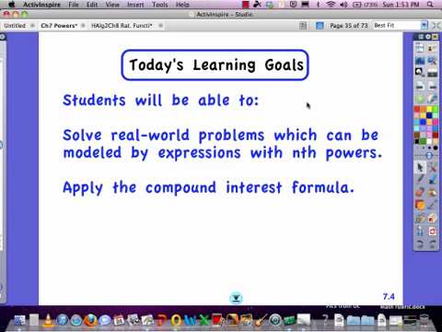Today's section 7.4 on compound interest. You can see we're going to be able to solve real-world problems that model expressions with these different powers in them. And then we want to be able to apply the compound interest formula. So knowing that, let's get started